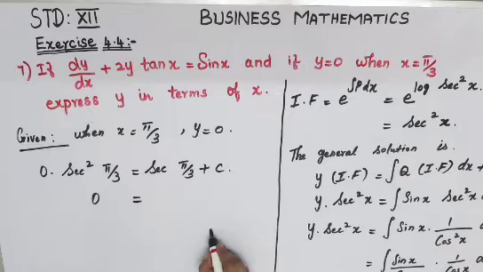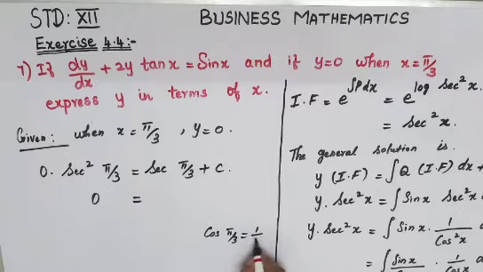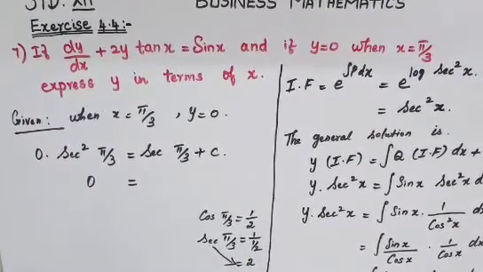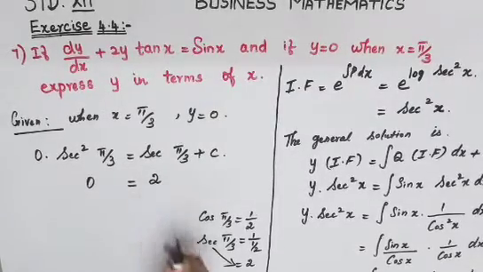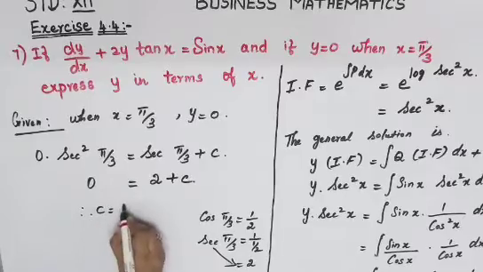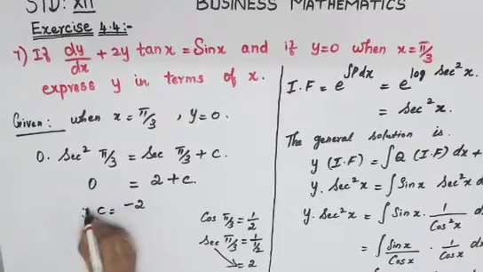For that we will go to cos pi by 3. So cos pi by 3, you all know it is cos 60. From the table the value will be 1 by 2. So secant pi by 3 is just the reciprocal of cos, isn't it? So reciprocal of cos is 1 divided by 1 by 2, that is equal to 2. So that is your secant pi by 3 answer. So we'll just write here secant pi by 3 is equal to 2 plus c. Therefore c is equal to minus 2, you'll get your answer.